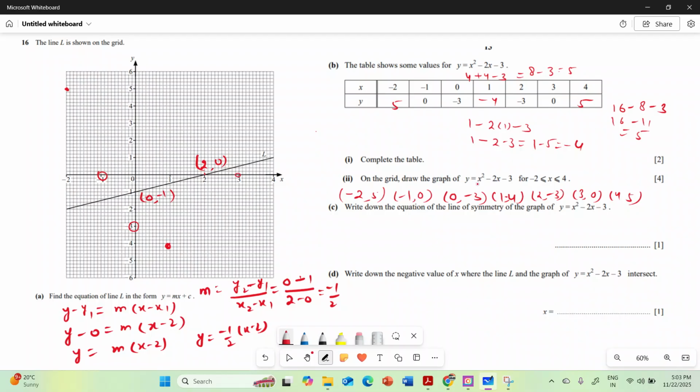If you put 3 here, 3 times 3 is 9, minus 6, minus 3. So this is 0. The value of y is 0. So here 0 and 3. If you put x equal to 3, 3 times 3 is 9, 3 times 2 is 6, and minus 3, so that is 0. So this is another point. And 4 and 5. When x equal to 4,